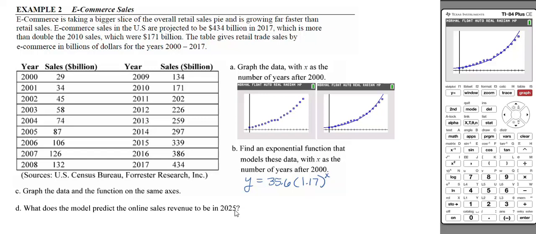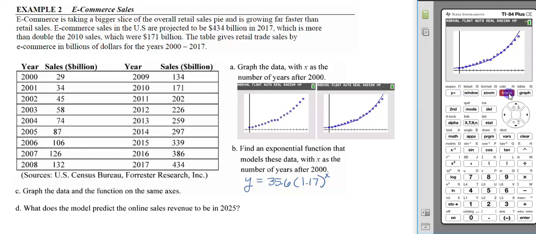2025 signals 25 years after the year 2000, so that's an x value. Let's go ahead and trace then, is one way to find it. Now when you trace, it's on the plots. We don't want to trace the plots, we want to trace the function that's in y1, and enter 25 because that's 25 years after the year